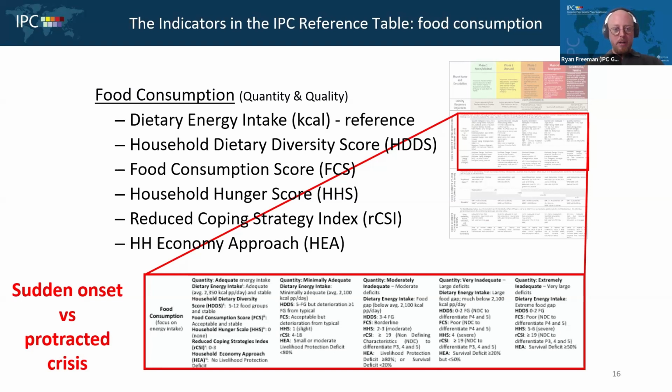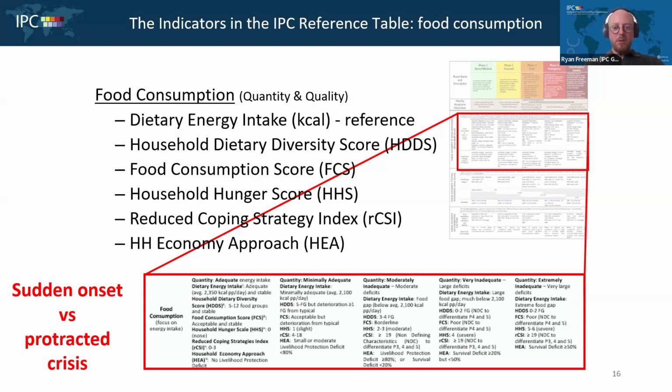And what I would like to do, and I'll have colleagues Scott and Yanni help me with this, is ask the chat, which one or two of these 6 indicators from food consumption would you like to have a little bit more of a dedicated discussion on? And we can talk about maybe one, two, or three of these indicators, and then we can apply it to a context. So first we understand what the indicator is, we talk about limitations, some usages, and then we can also apply it to a particular context, whether it's a sudden onset or a protracted crisis.